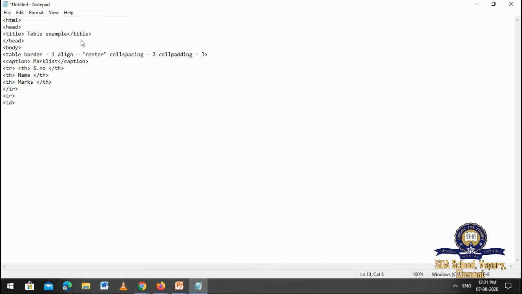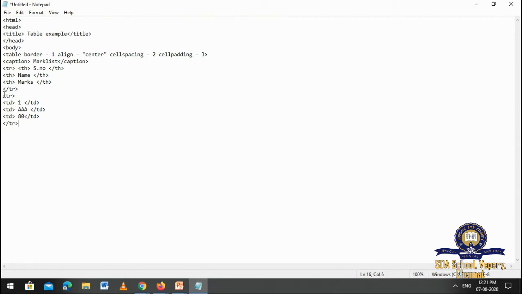So I'm going to give some values. The first value will be your serial number. I'm closing this table data. Each and every time you have to specify individually. You should not specify in a single column. Just specify each and every table data for each and every table value. I'm closing this individual table data, and then I'm placing the third value. What is our third value? Give some marks. I'm giving 80 marks. And I'm closing this table data, and I'm closing this table row also.